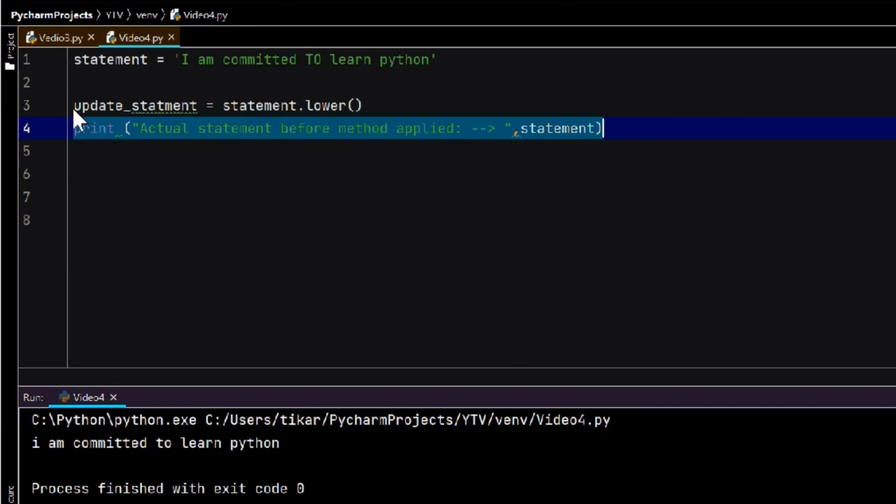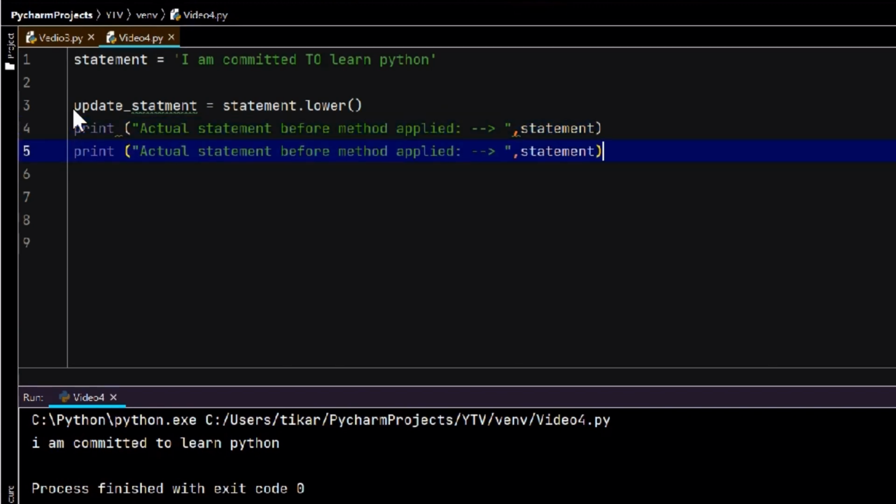Let me just copy paste this to save some time, and then I would say updated statement after method applied,